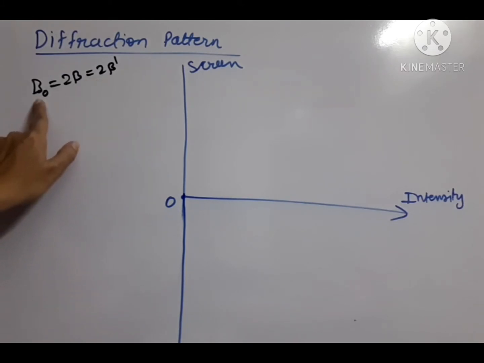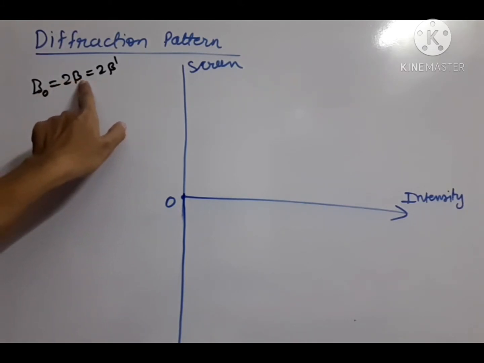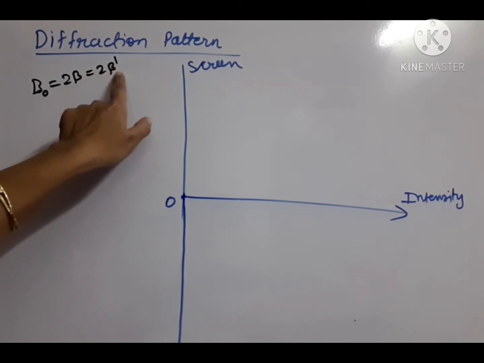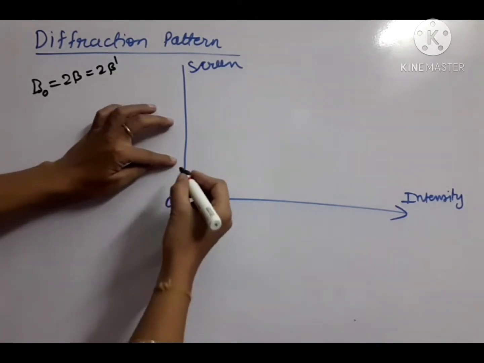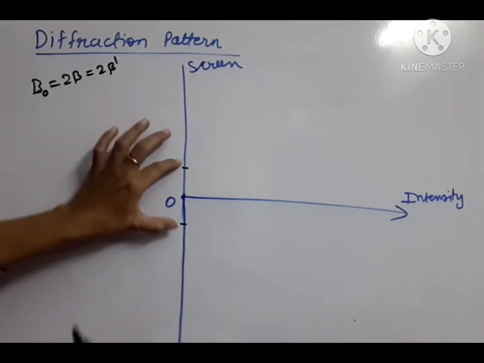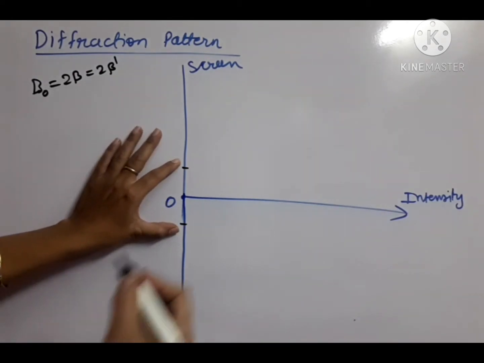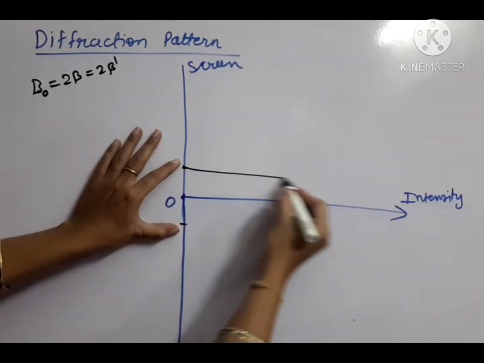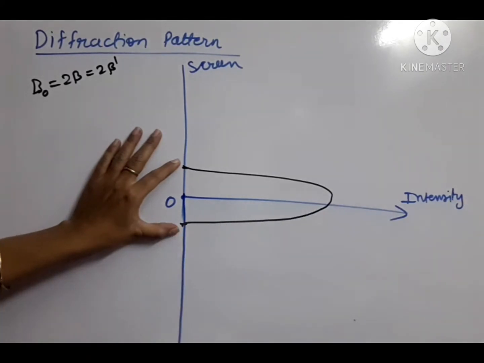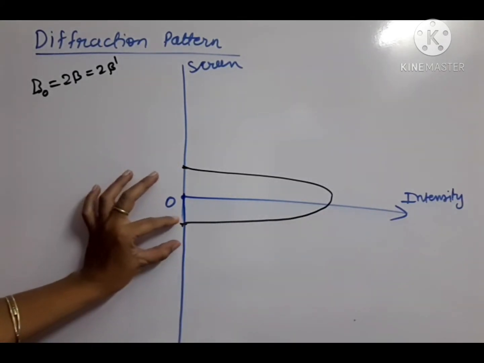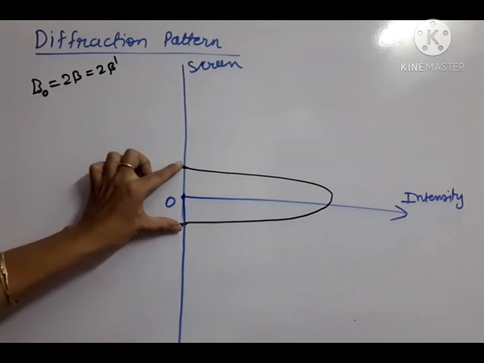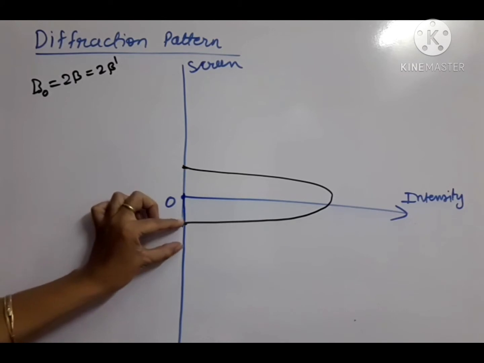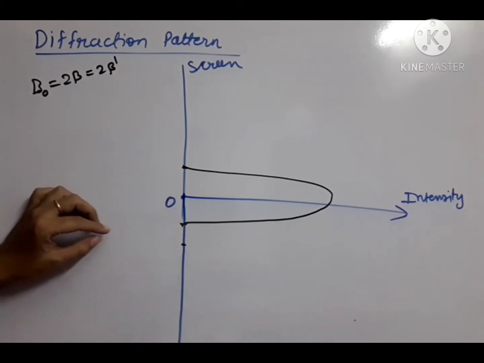So this is width of central maxima. This is width of any other maxima. Secondary maxima we can call them. This is width of any other minima. Secondary minimas we can call. So what we have to do, we can just mark here that this much width we will show for central maxima and intensity full we have to show. This way. Now other maximas should be half width. Should be of half width. Okay. Because beta 0 we have to show double. Other widths we have to show just half. This much only. Okay. This way.